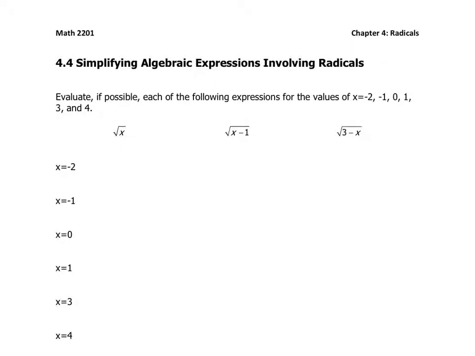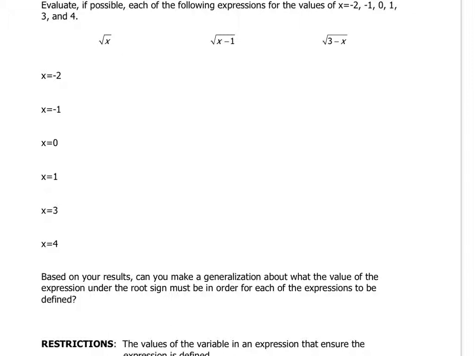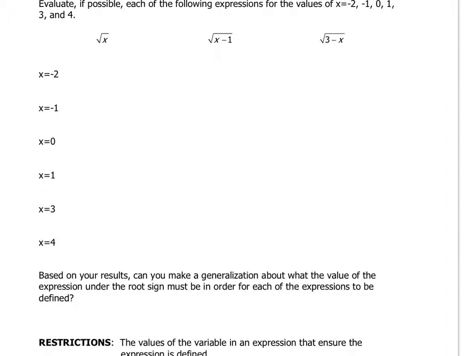Section 4.4 is on simplifying algebraic expressions involving radicals. So we're first going to start off with three different radical expressions and evaluate each of them for a set of values from -2 up to 4 for x and see if we can come up with some generalizations. So the first one here, we've got the square root of x, and if we plug in -2